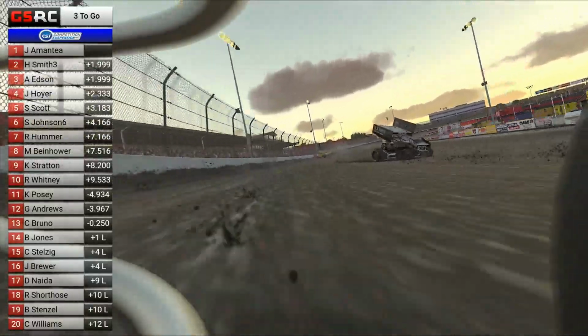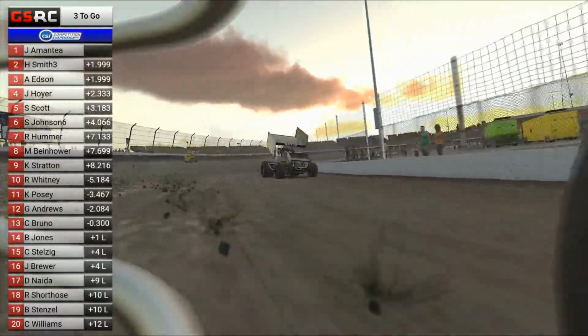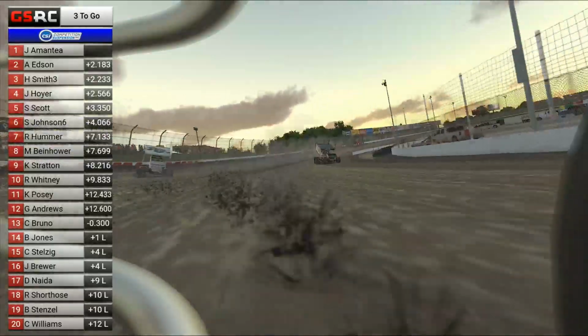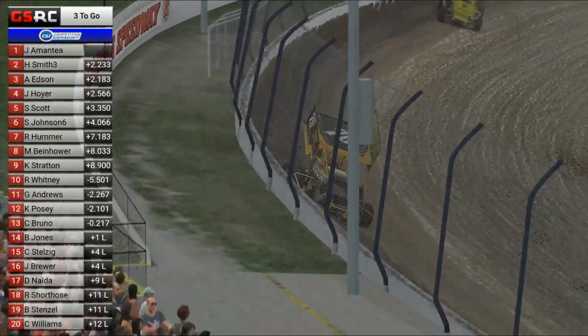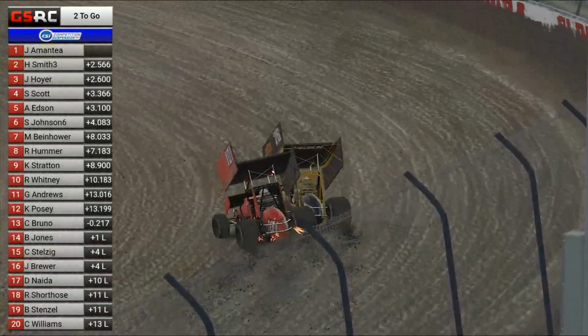Yeah, Heath Smith made contact with Brendan Jones, who was just in front of this group. Jones not exactly sure where to go as it's side by side for P2. Edson now up to P2. He'll try a slide job. Jones just comes across in front. That was a great shot. They made contact and Edson's up the track into the outside wall. He's going to be out of the transfer spot now with 2 laps to go,